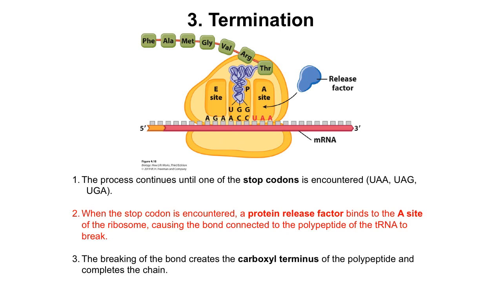Three of them code for a stop codon, that is UAA, UAG, or UGA. So if any of these codons eventually gets encountered by the translocating ribosome at the A site, in this particular case, the stop codon that it encountered is UAA,